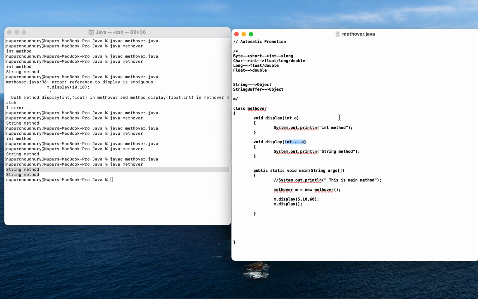We saw how to work with string and string buffers. We also saw that if there are multiple number of arguments in the overloaded methods, then their data types essentially should not be the same type. They should be different, because if the data types can be promoted and they give the same result, then those two methods will be creating an ambiguity for the compiler. And we also saw how we can work with var args. So these are some of the extra concepts which are related to method overloading.